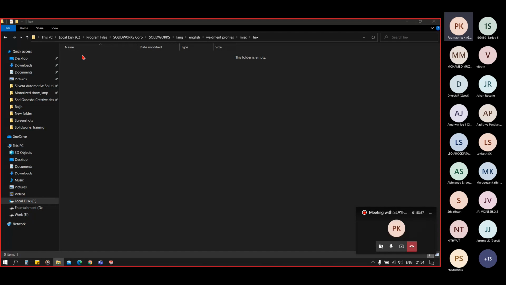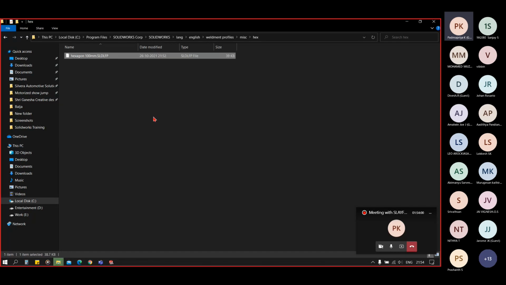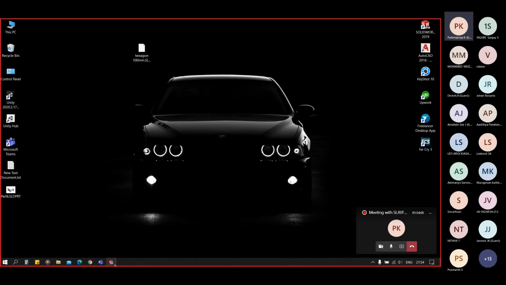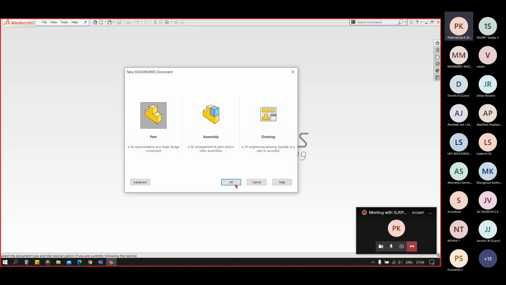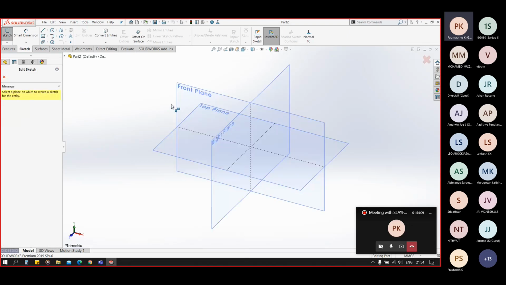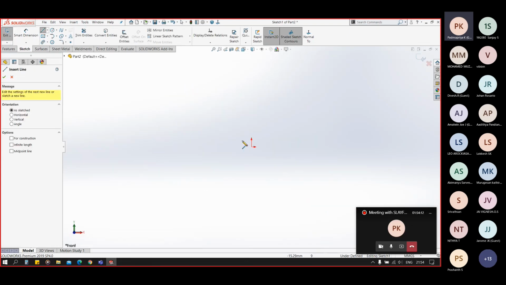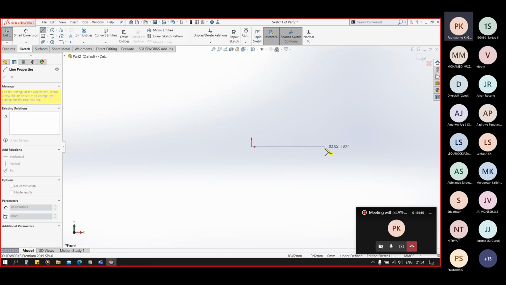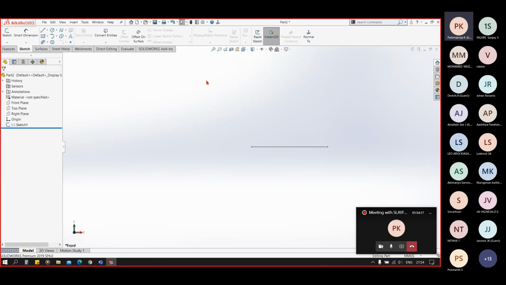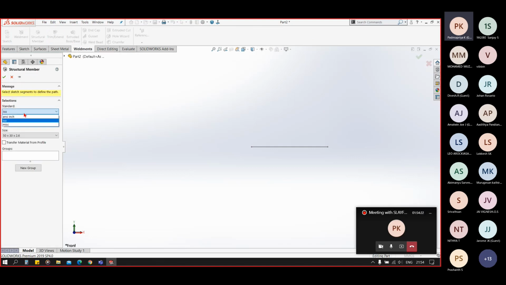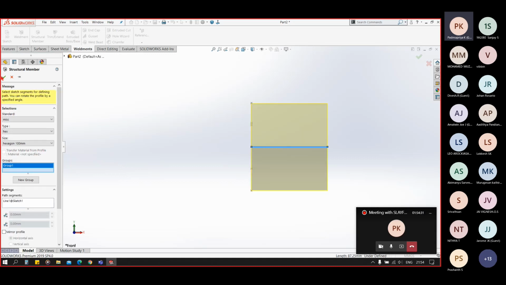And now you can paste your file there, give the permission, refresh once, exit from there, return to software, create new part, sketch, go to weldment. In the structural member, you can see the MISC here, the hex and the file, and in the groups you can select the sketch.